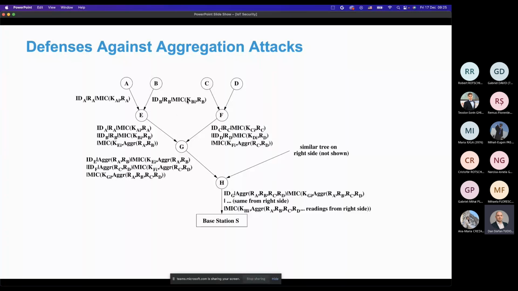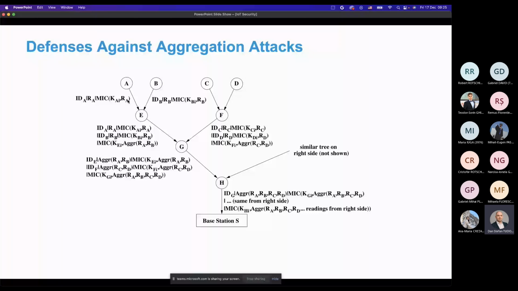You have the MAC here for node B, and so on. The parent node of the sensor node, so for example E in this case or F in this case, is not yet able to verify the MAC since the child's key has not been revealed to the parent. The parent node stores this message and retransmits it to its own parent after a certain timeout value. So after a certain timeout has expired, node E will forward the message from node A or from node B,